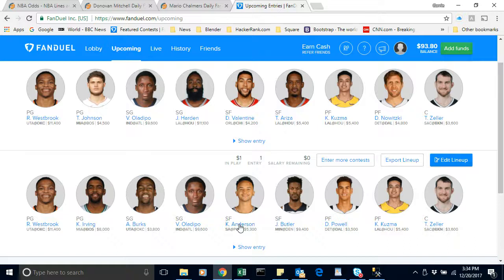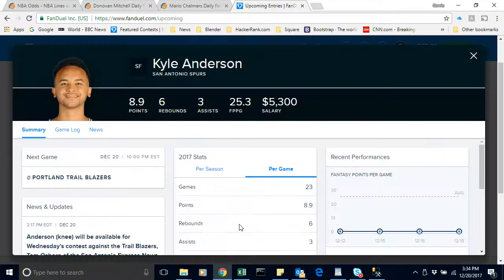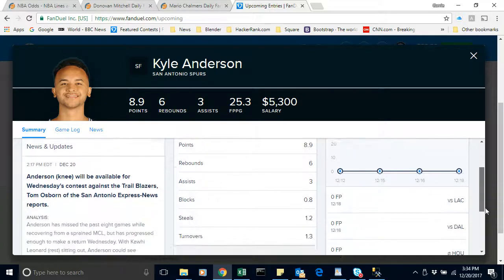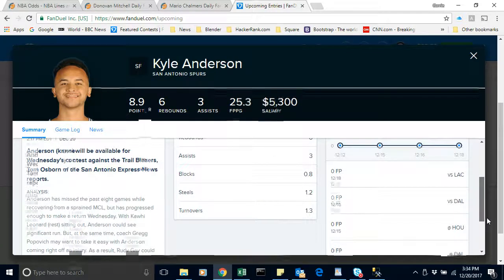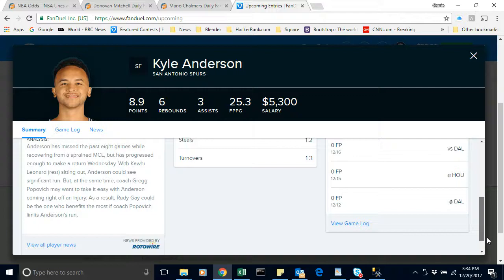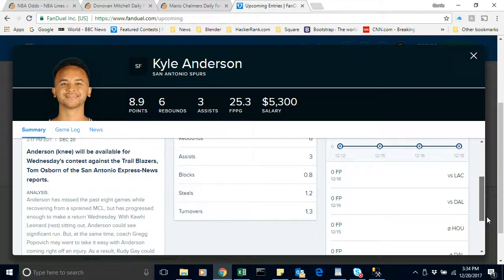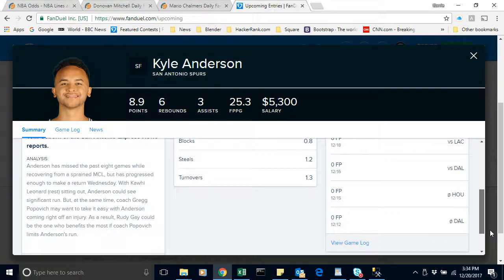I've just noticed a speech bubble against Kyle Anderson's name, and apparently he's just coming back for the first time off of an injury. So in all probability, he's the only one who's got a sort of grey area next to him. I might well have replaced him with somebody else, but you know, that's why they call it gambling. So I'll leave it in for now, because essentially this is